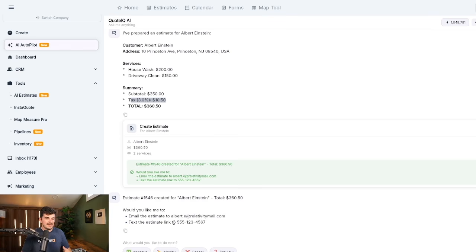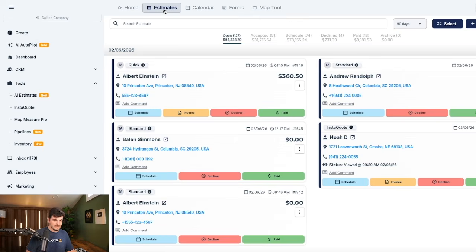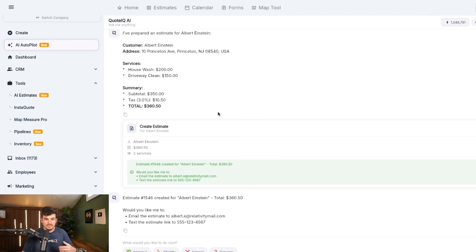Once it's created, I'm going to show you guys where it's at. It's then going to prompt us to either email him at his email address here or send him a text message, which then we could go ahead and prompt the AI to send that out. And if you need to, clarify, make sure that it was created, you can easily do that right within here. So the AI Autopilot can pretty much do anything that you need to, creating estimates like we just did,